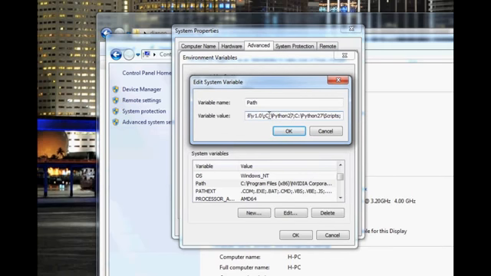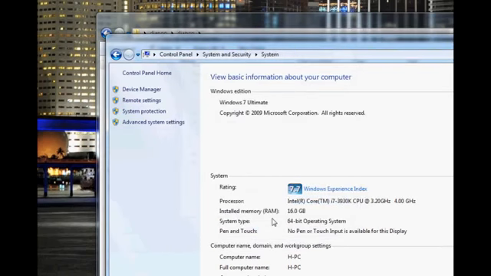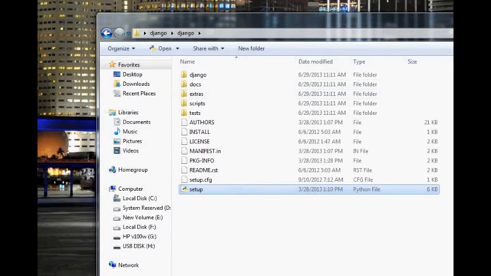Python 27, and I've also got Python and scripts. This right here is what you need to add to the end of your path. It's two paths, really. We've got C:\Python27, or wherever your Python directory is, and then also add C:\Python27\Scripts. This just makes it so when you go to launch something with Python, like from your command prompt, for example, this makes it able to happen. So with that, once you've done it, just hit apply and OK and all that, and we'll close out of our system properties.